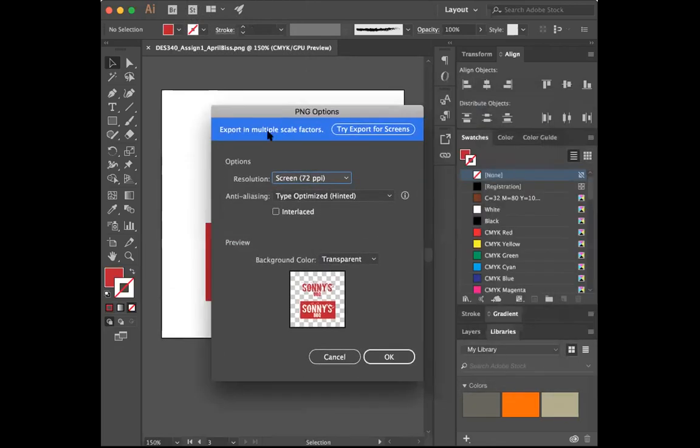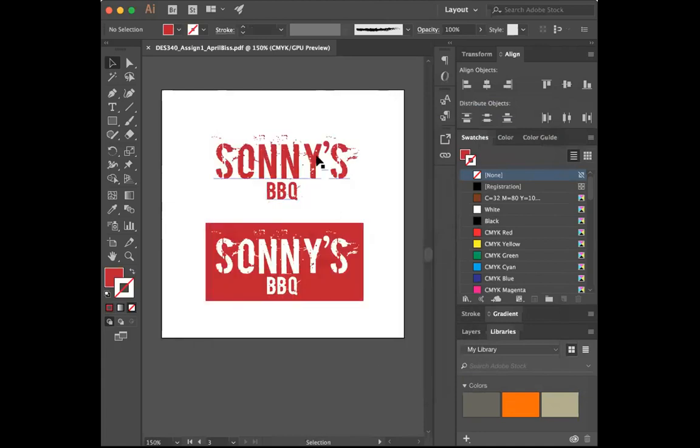Now the option panel will come up. The screen resolution, you can make this medium, that's fine, or even high. I don't think it's going to be a real big file if you do the high. I would maybe pump it up to high. This is the thing to pay attention to: you want to make sure it's transparent, and then click OK. That will be saved to your desktop. You can move it into the folder that you're putting all of your stuff in. That's fine. It's a PNG file.